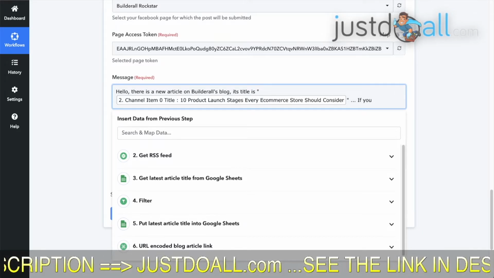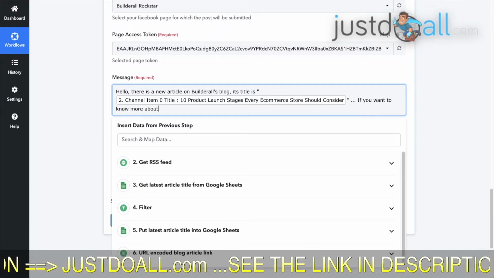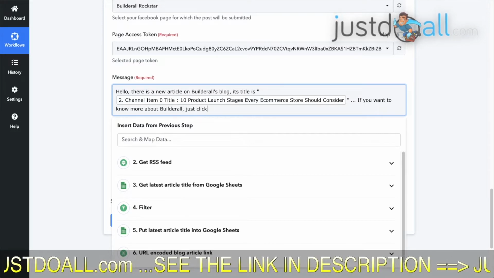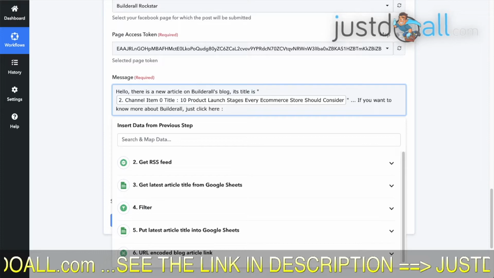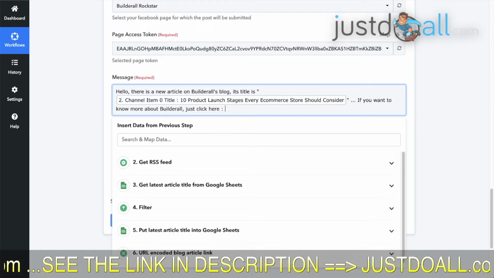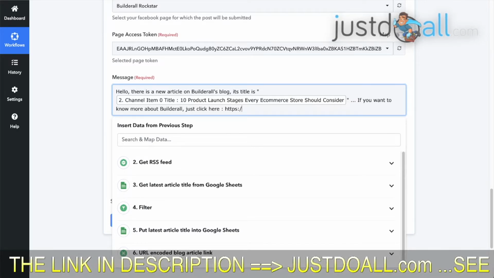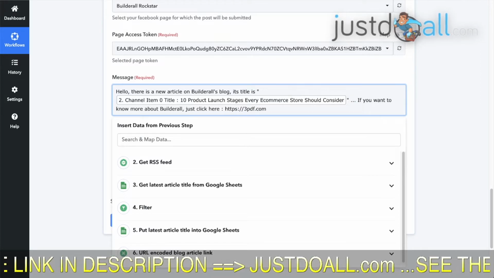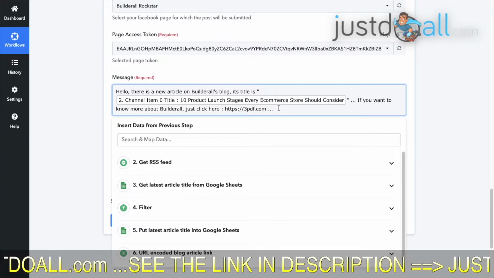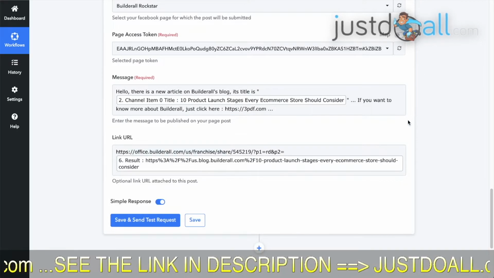If you want to know more about Builderall, just click here, and here you can write your own affiliate link of Builderall, which goes directly to the home page. In my case, I have a domain name, so I write freepdf.com. If you have your own, you put your own inside. It's just an example.